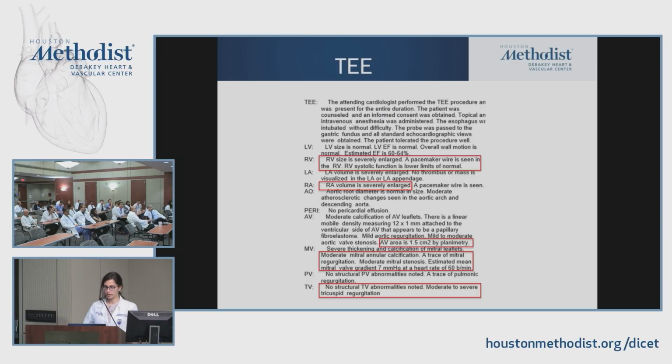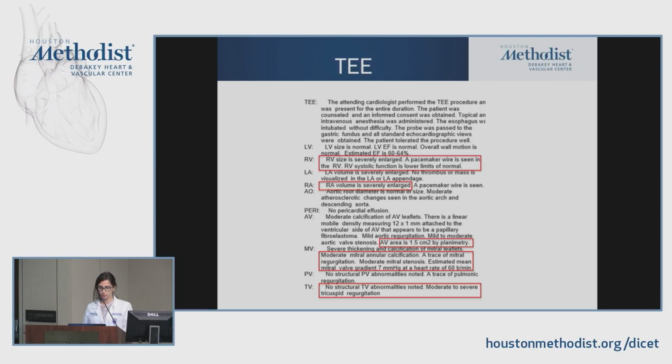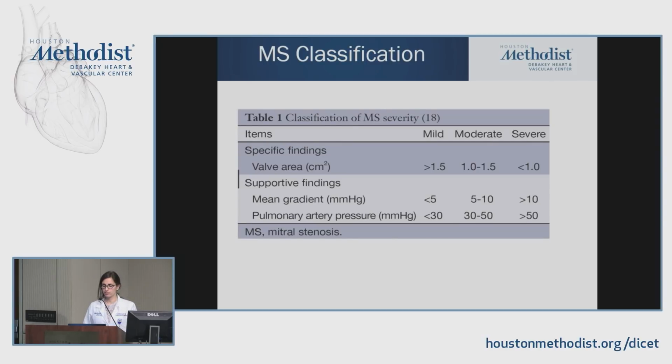So this is the reporting of the TEE, where the RV is severely enlarged. Function is lower limits of normal. RA, as we can tell, is enlarged. The aortic valve area is 1.5. The mitral valve was said to be moderately stenosed, giving a gradient of 7 at a heart rate of 60. It looks like a pinhole orifice, though. So this patient, based on their congestive hepatopathy and whatnot, got referred to our surgeon for consideration of tricuspid valve repair. But I wanted to bring up that point of what we define as mitral stenosis